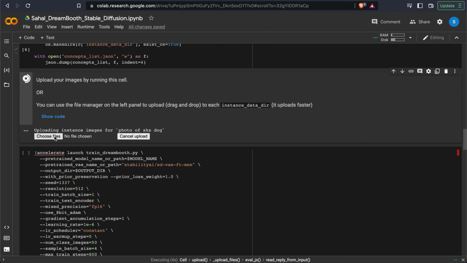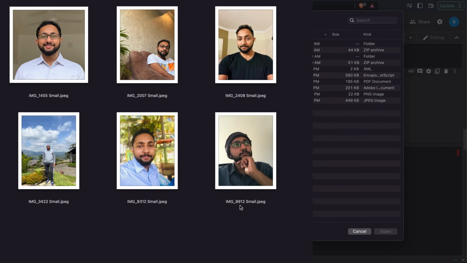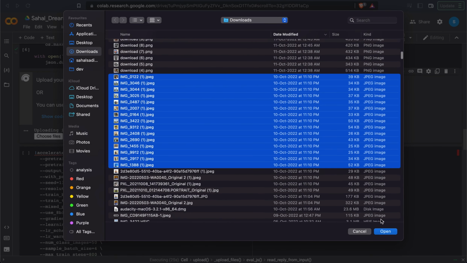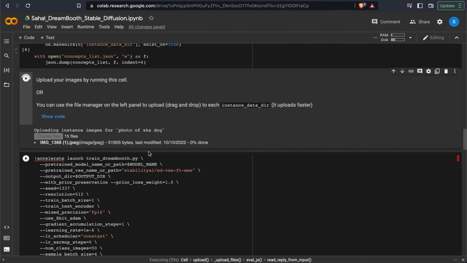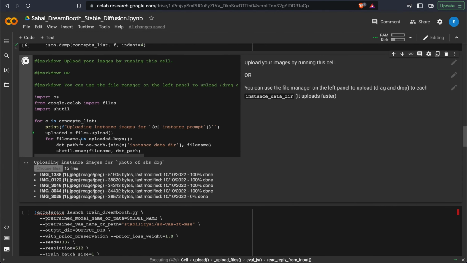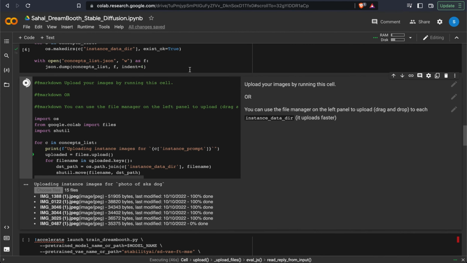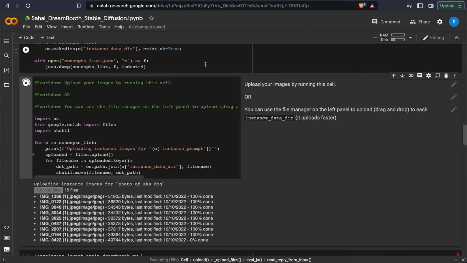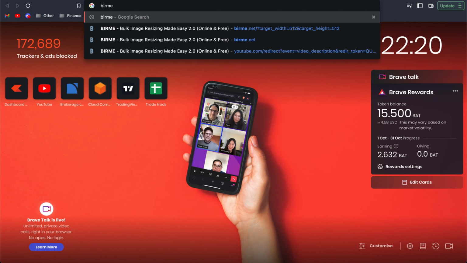Okay, I'll choose the files. It will continue running, so you'll have to choose the file here. There are some restrictions, like it has to be 512 by 512. For that you can use Photoshop and crop it into 512 by 512 pixel images, or there is a tool that many AI users are using right now. It's called Birme. So if you go to birme.net,